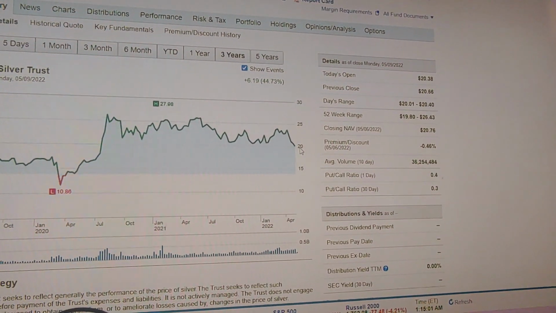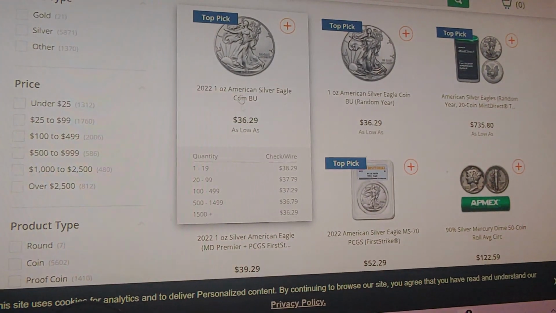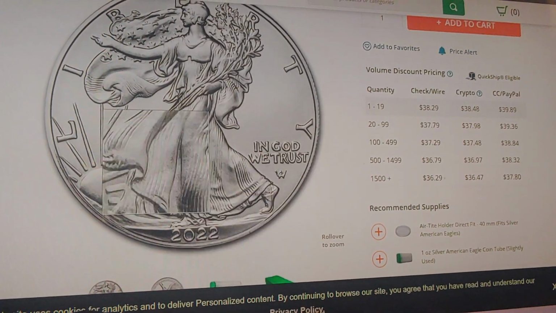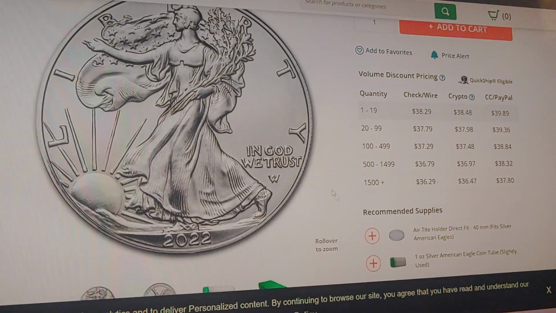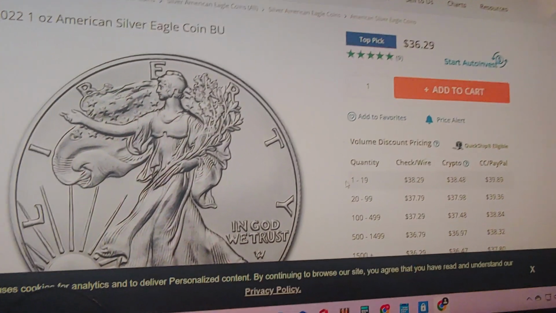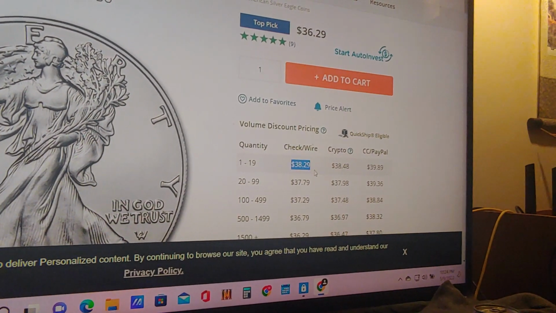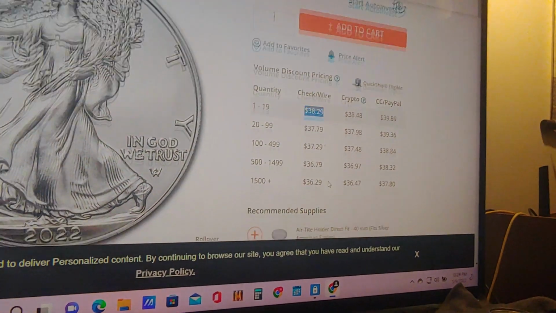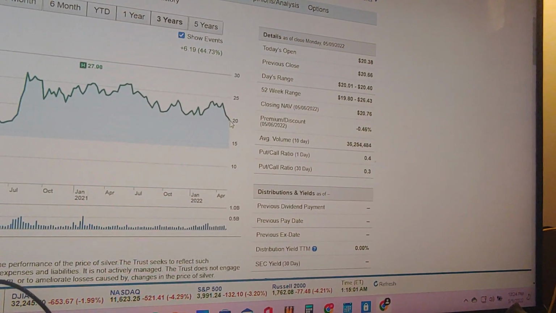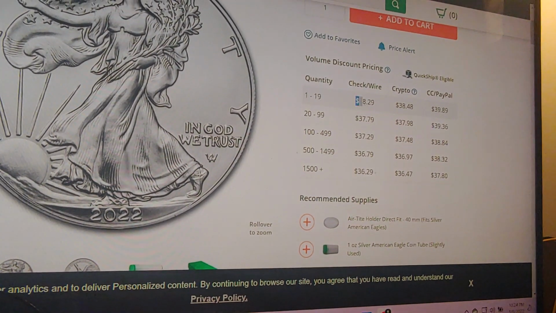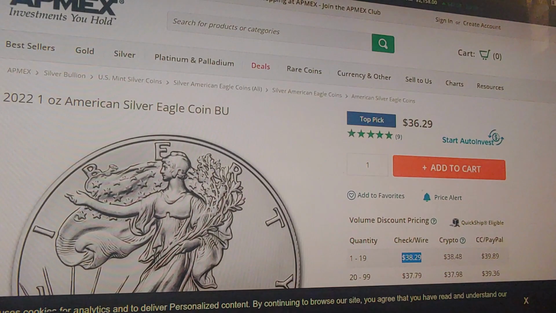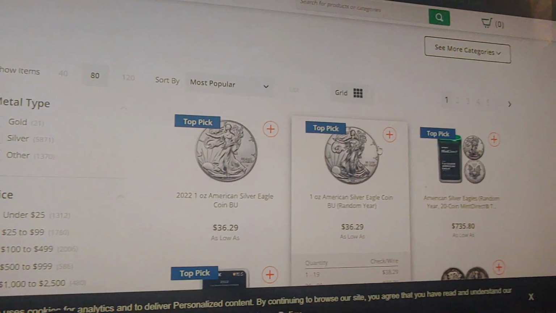Even though right now it says $20, they're gonna mark it up. They're gonna make you pay for delivery, for making a beautiful coin with whatever design, and putting it in a tube. So even if you did that, the lowest they're gonna ask, if you pay with a check, is $38. That's not even including taxes. So you're like, wait a minute, the market says it's worth $20, but the company's gonna sell it for $38. So there's a premium, and you're like, well, what if instead of buying a United States minted coin,